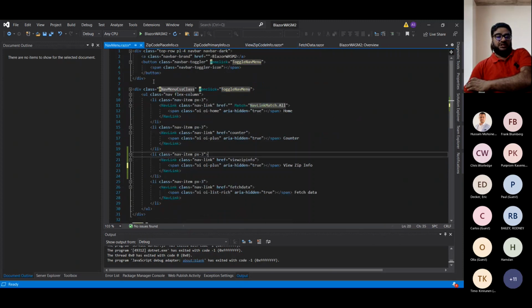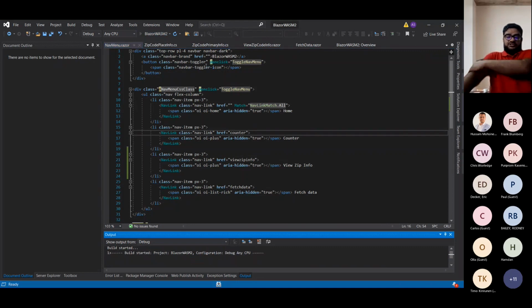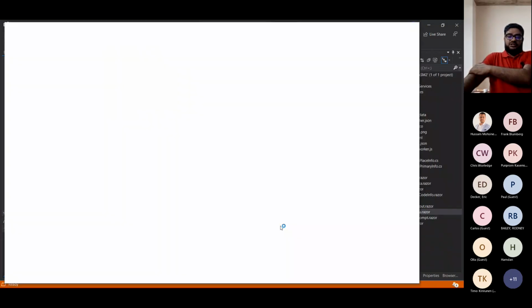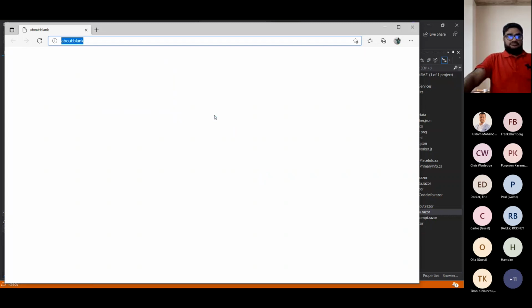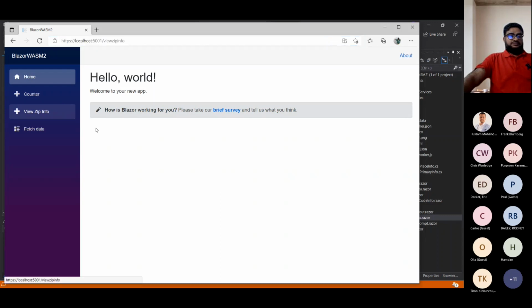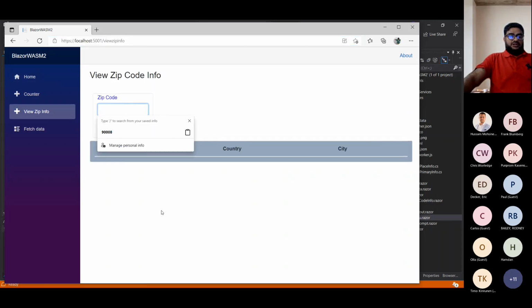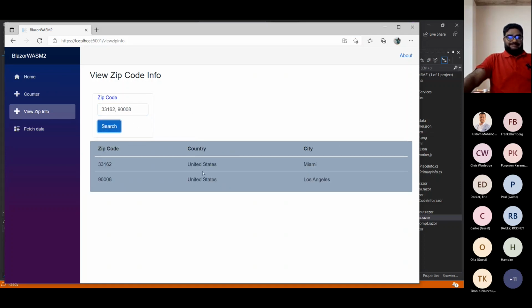And in the nav menu, I just updated it because it was just showing counter only. Here it was view zip info, and it will take us to the zip info page. Just quickly, for the last run, we will just run it again, and we will finish the demo session. Here we will add. Yeah. So it actually first splits this into a string array, and for each string within that string